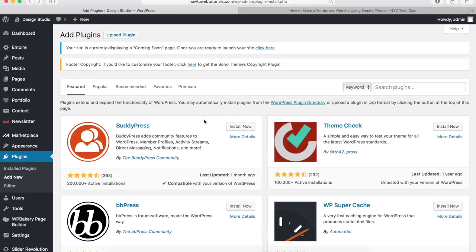So you can add plugins anytime that you want. So we're not going to do anything right now, and we can always come back to this page later if we need to. Okay, so if you are ready, then we are good to go and we can move on